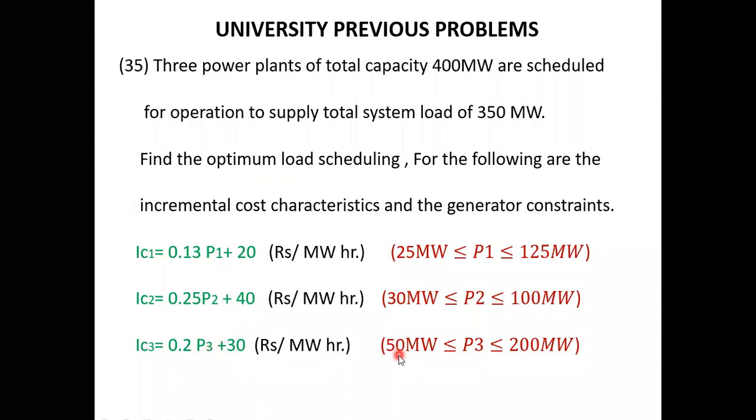And similarly, one more important point is they have represented constants, lower limit and upper limit here. If all the 3 powers are within the limits, there will be no problem. But if any one of the generators or power plants exceeds its lower limit or upper limit, then we need to consider some more steps. So we have already done the same problem in example 11. So just go and consider example 11, then come back to this, then easily you can solve the same type of problem.